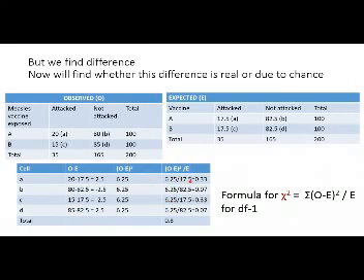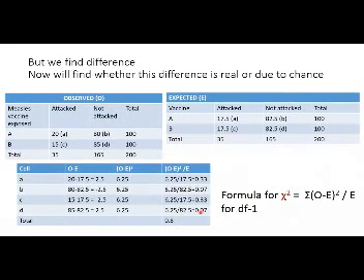In this case, expected is 17.5 for cell A, and in cell B expected is 82.5. Cell C also has expected 17.5. The square of the difference of the observed and expected, divided by the expected, when we calculate, comes to 0.33, 0.07, 0.33 and 0.07 in the cells. We add all these and it comes out to be 0.8.